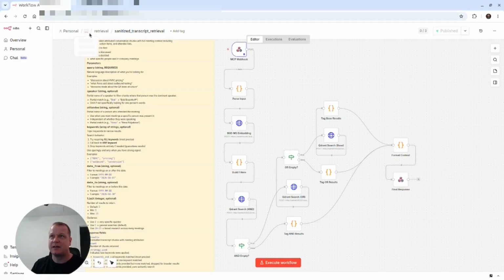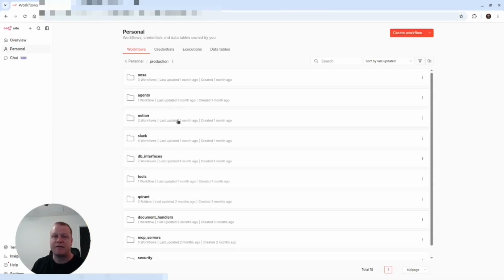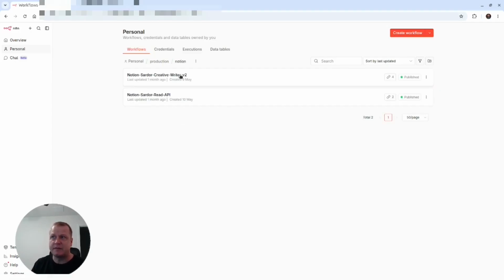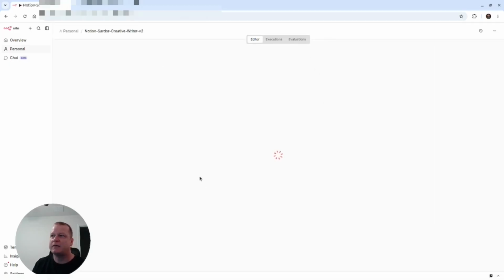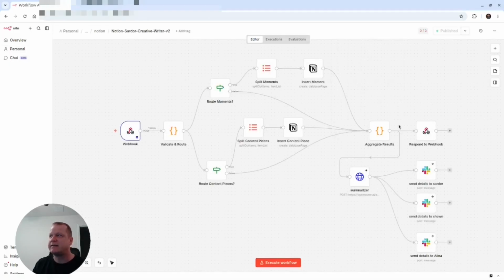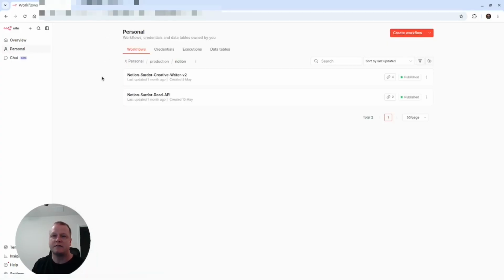Let's just take a look at a few of the other workflows that may be here. We have some Notion connectivity. We actually have an OpenClaw agent that works to build particular creative writings from the CEO's various comments across various platforms, Slack and meetings and such, and then pulls out the most interesting data and then sends it out to Notion for our creative writers to connect to.